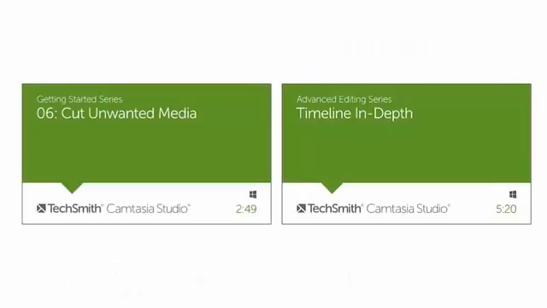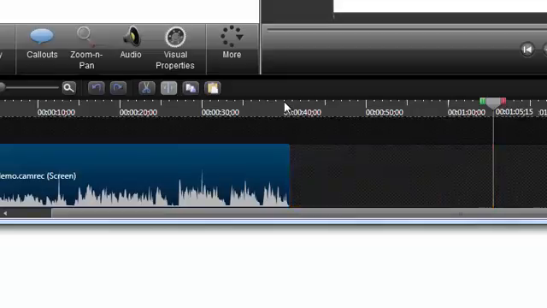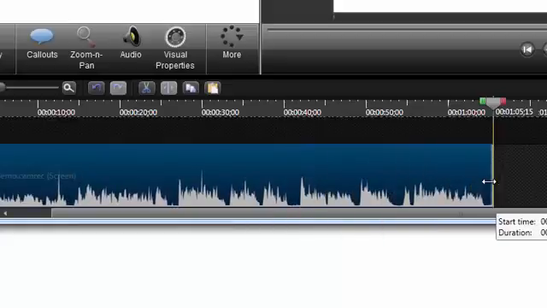If you've watched a few of our other tutorials, you may already know how to trim and split media. In View, you can trim media by hovering over one edge until a cursor turns into a double arrow and then drag it in. What you may not realize, however, is that trimming actually crops the media instead of deleting it. So if you have to backtrack, simply hover over the edge, drag it back out, and voila, your clip